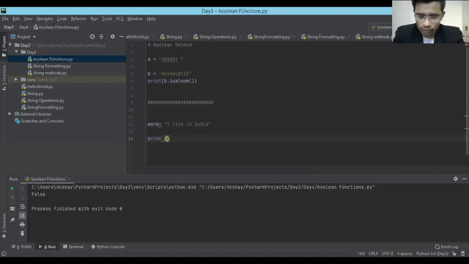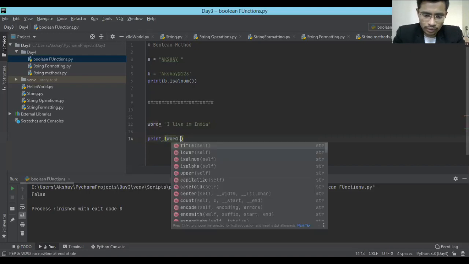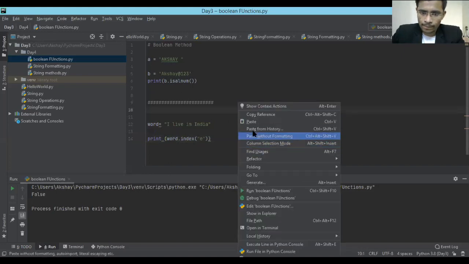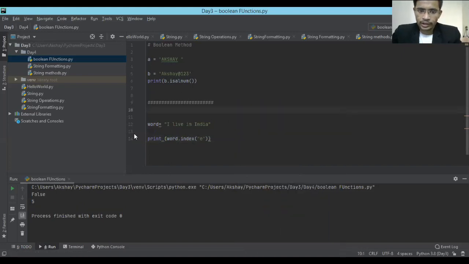You can find the occurrence of I by using the first thing we learned, the find function. But right now what I want is the index of, let's say, E. word dot index of letter E. So the index of E is 5.